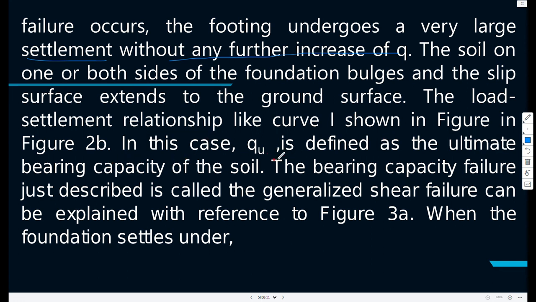In this case, QU is defined as the ultimate bearing capacity. The bearing capacity failure just described is called generalized shear failure